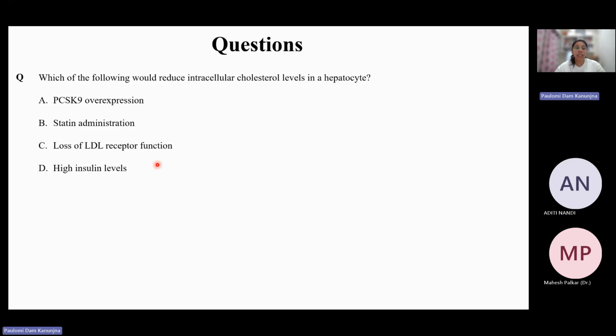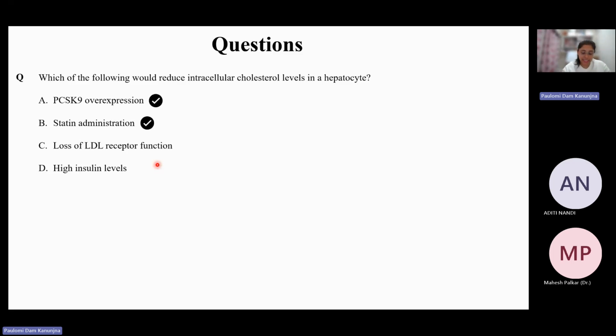In the meanwhile, you can check if you have any other options or if it's the only answer. Anything else? Okay, B. Okay, so the answer is statin administration, yes, and